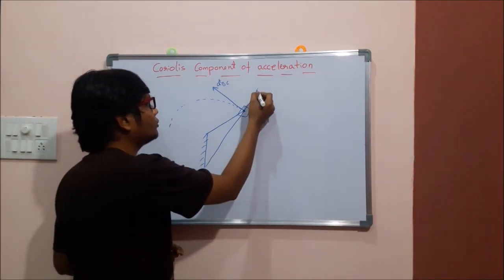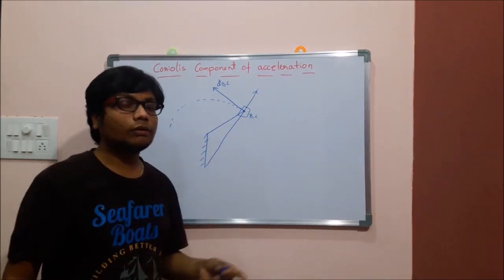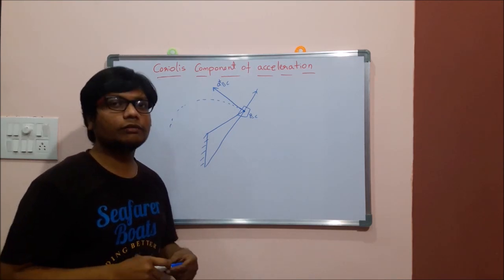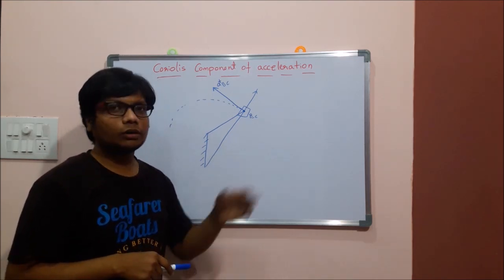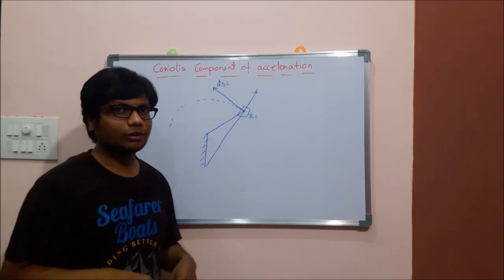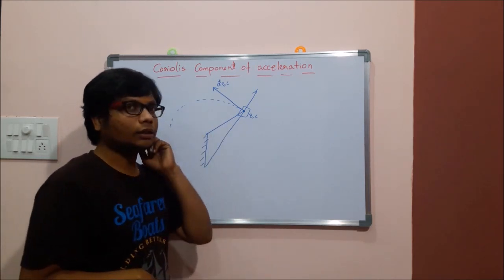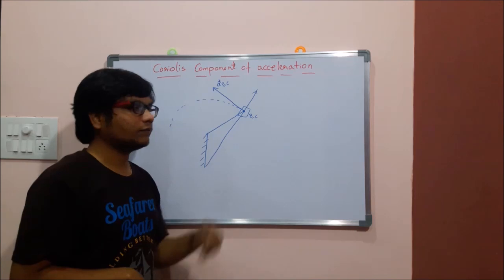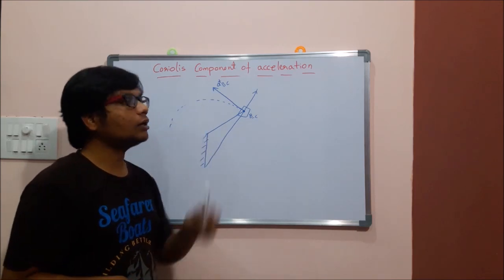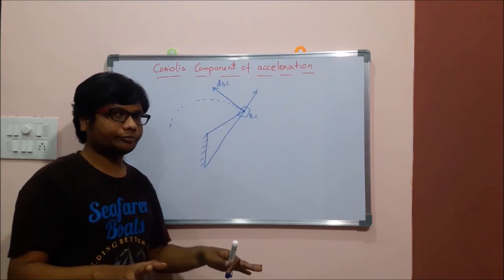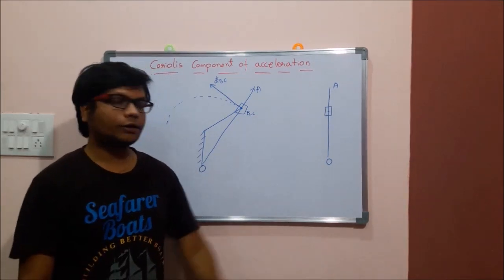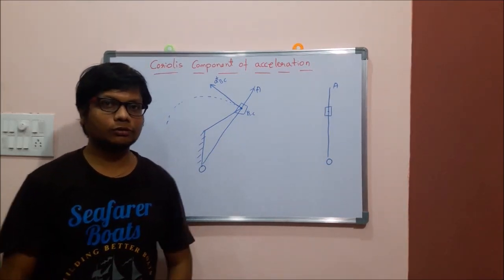Here it can have the radial also, but we don't consider the radial. Why we don't consider the radial: when you are deriving the equation, you will get some form that is meaningless. So in that condition we go for only the tangential component of acceleration of B with respect to C. That component is the Coriolis component here. Now we go for the derivation of the equation for the Coriolis component.